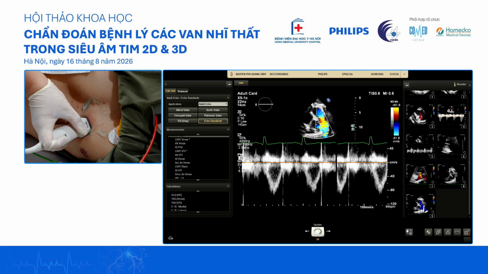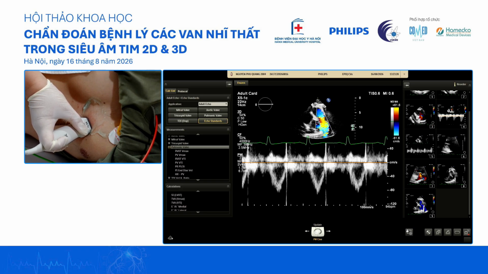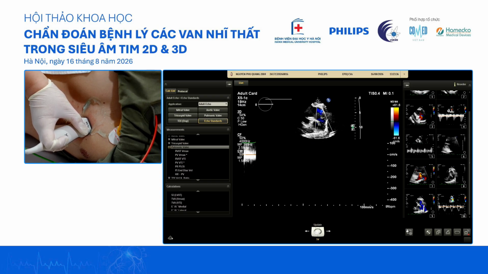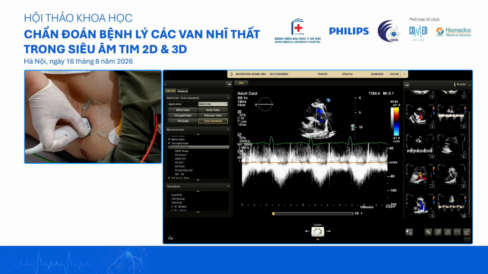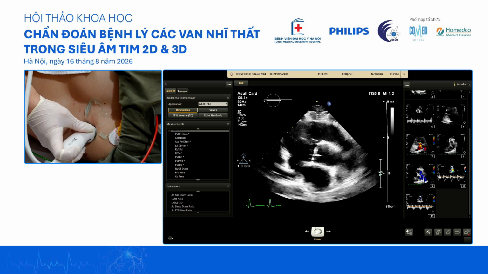Để tín hiệu Doppler xung qua động mạch phổi. So we do a pulse wave at this. We do a pulse wave at the RVOT as well as a continuous wave. So actually we can measure the Doppler slope. Chúng ta đo Doppler xung và Doppler liên tục qua đường ra thất phải.